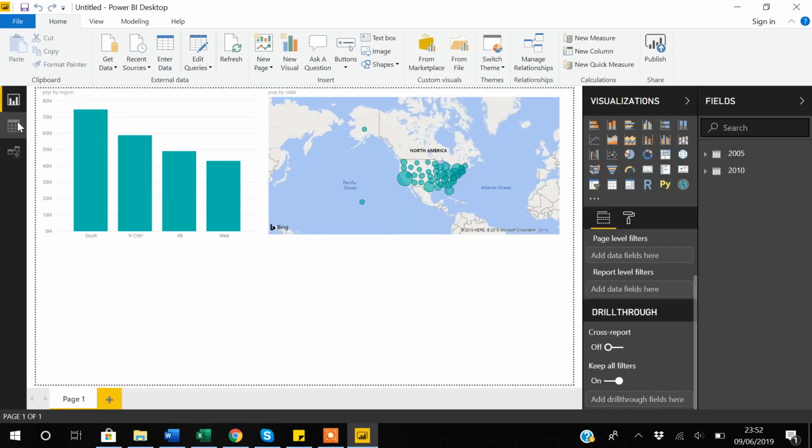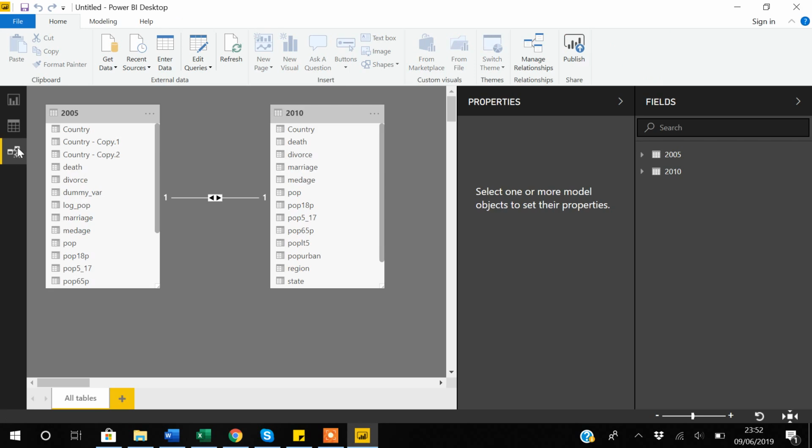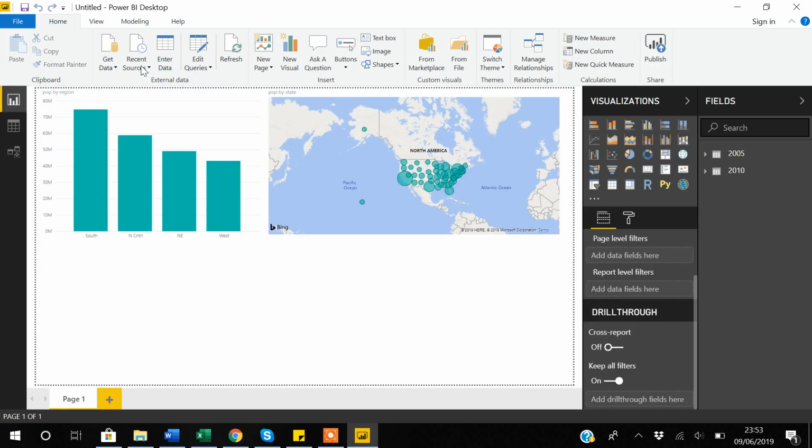So you can use these options to see how data looks, and what the relationships between data sets are. But now I will show you how you can append data sets in Power BI. In order to append a dataset, because it's a kind of data manipulation, you have to go to Edit Queries. Here is Edit Queries. I will go to Edit Queries, and